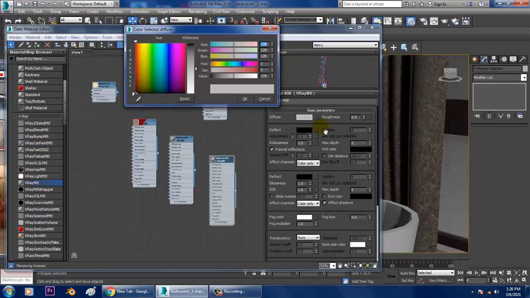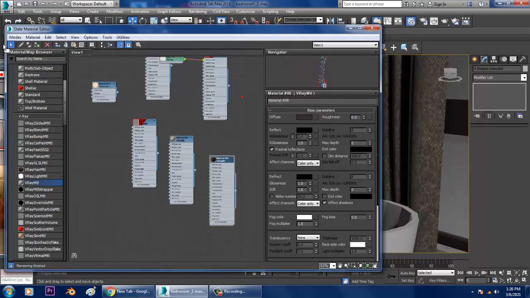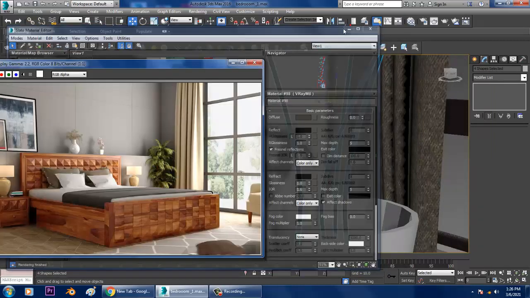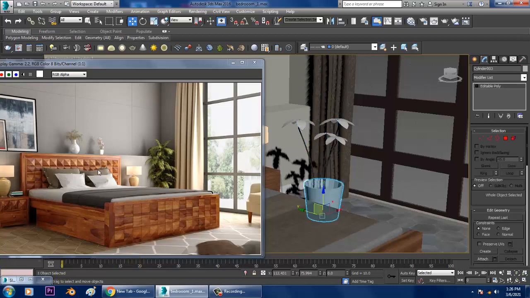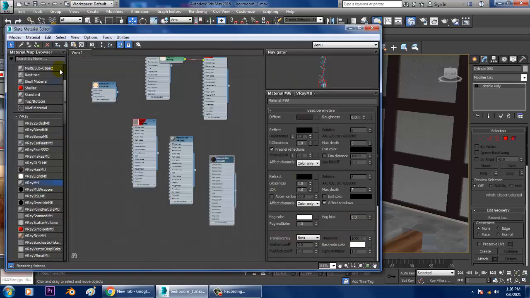For the branch, we'll be assigning a brownish color. Just assign the brownish color over here and assign the same color for that also.